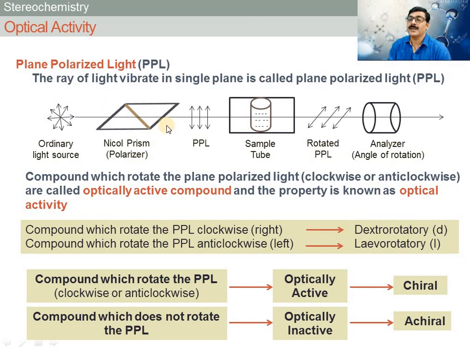If a ray of ordinary light passes through this Nicol prism, then the transmitted light vibrating in a single plane is obtained. Means all-direction rays are converted into single-direction rays, and these rays are called